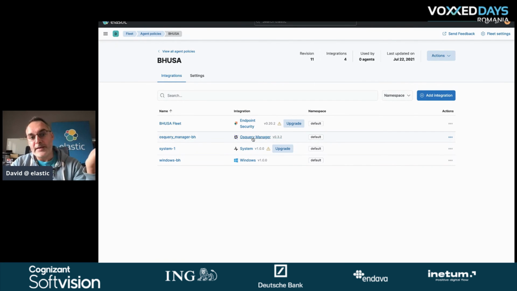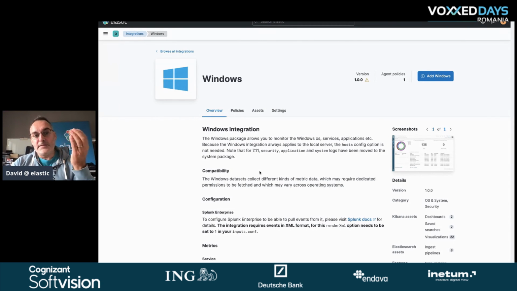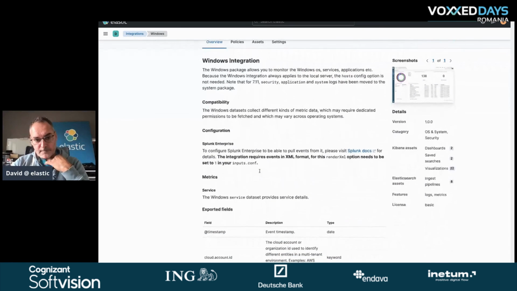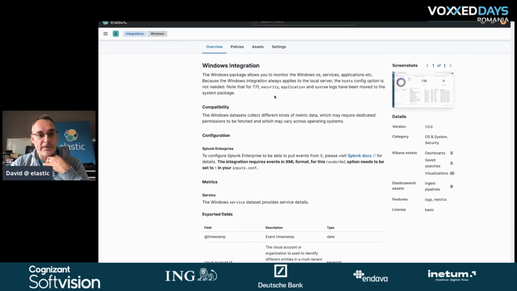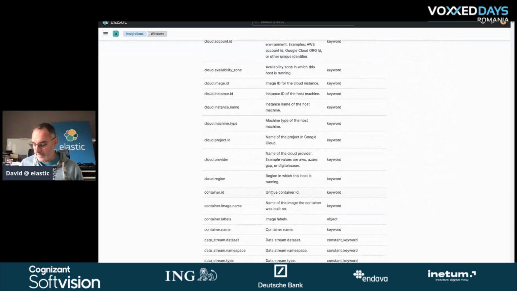So the OS Query Manager, which helped us to run the queries that we saw, but also other policies, like, for example, the Windows one. If you look at the Windows policy, this integration comes with a default dashboard, visualization, ingest pipeline, and this is providing a feature for logs and metrics using the Windows integration. And these are the fields that are generated by the system.